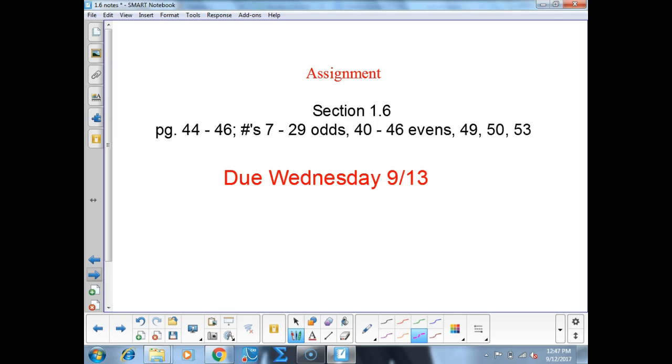Tonight's homework, 1.6, 7 through 29 odds, 40 through 46 evens, 49, 50, and 53. Now it seems like a lot, but really, those first ones, the 7 through 26 odds, are like add 3 to both sides and you've got it solved. Or add 2 and divide by 3. So it's like two-steppers to get them solved. So there's not a lot of meat